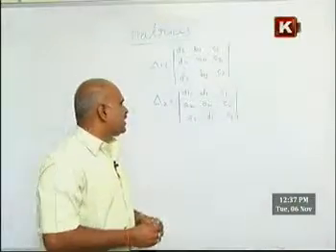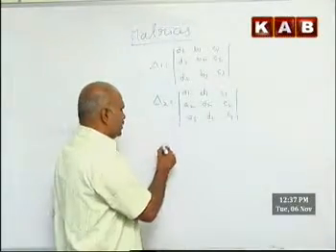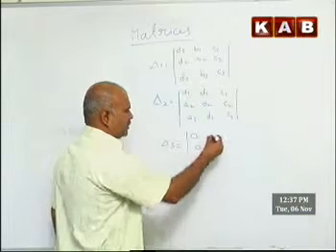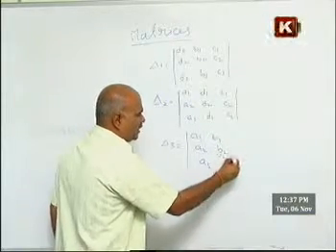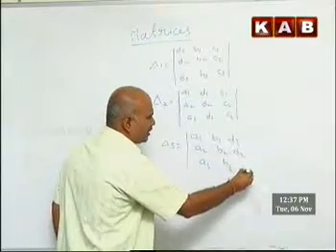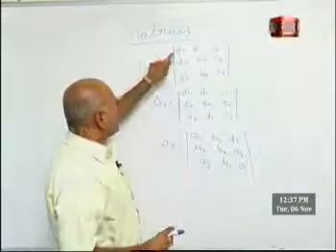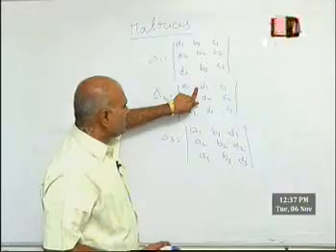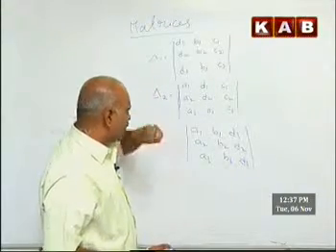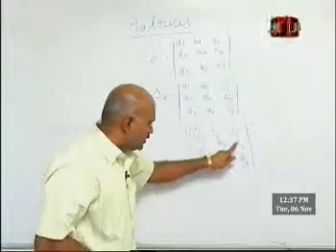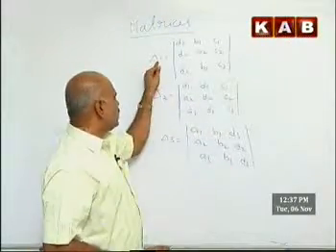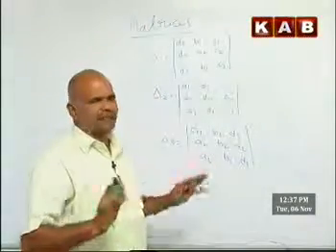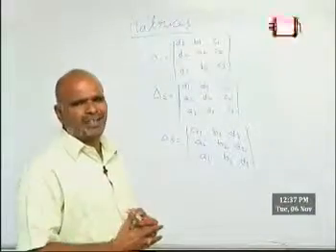Okay, in this, delta 3 we have like this. This delta 3 is equal to, we may write like this: a1, a2, a3, b1, b2, b3, d1, d2, d3. You people understand now. Delta 1 is by eliminating the coefficients of x with constants. Delta 2 is by eliminating the coefficients of y with constants. Delta 3 is by eliminating the coefficients of z with constants. Right. You got delta 1, you got delta 2, you got delta 3. Already we defined the delta.